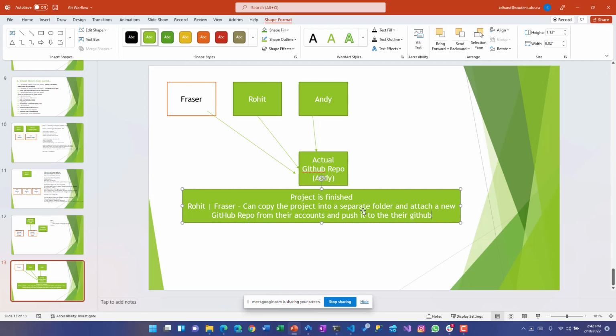So you just copy those files, you can remove that repository or initiate a new one or put it into a separate folder. If you want to showcase it in your GitHub, then you create a GitHub repository and attach it the way I showed you and just push. You push that local copy into GitHub so that your midterm project is available in your GitHub account rather than you referring to Andy's account. So that's the only case.